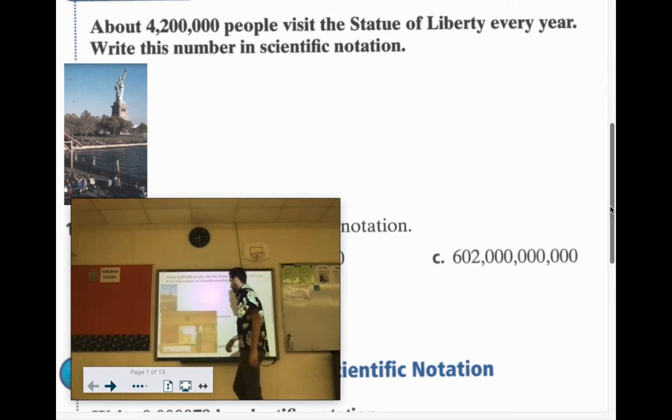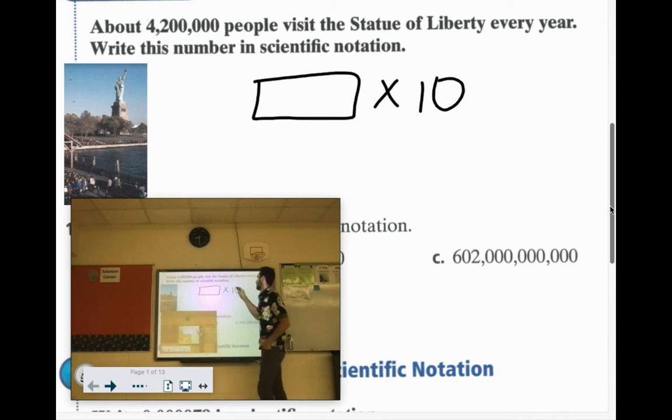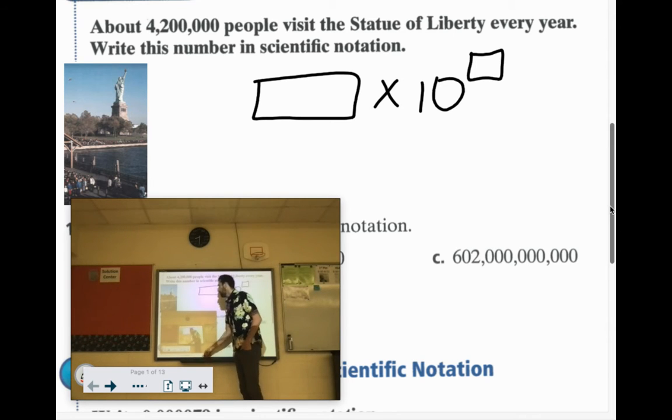Write this number in scientific notation. So this is essentially a fill-in-the-blank problem. It's always some number times 10 to the some number. So the number in front has to be at least 1, but less than 10. So where could we put the decimal to have just one digit in front of the decimal? And that would be right behind the 4. So it would be